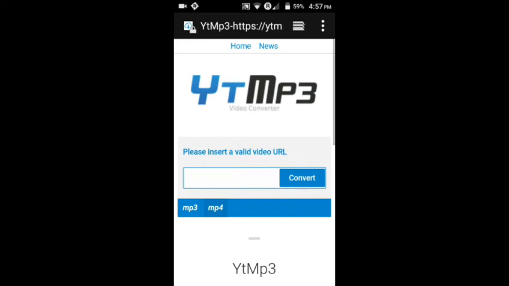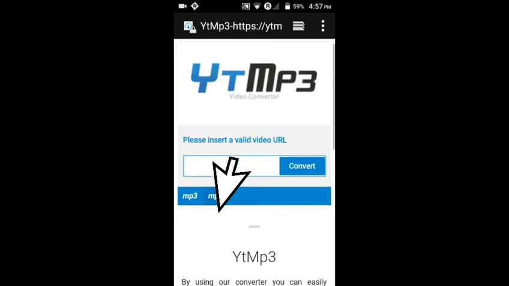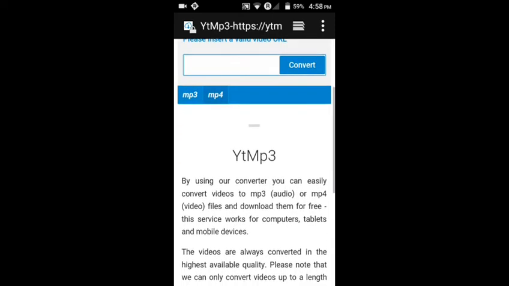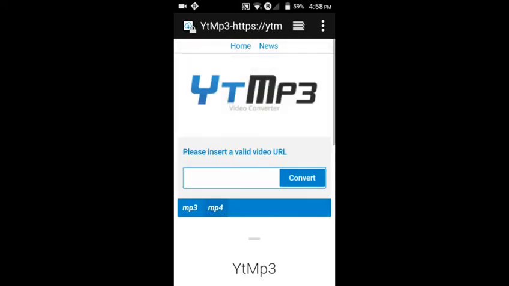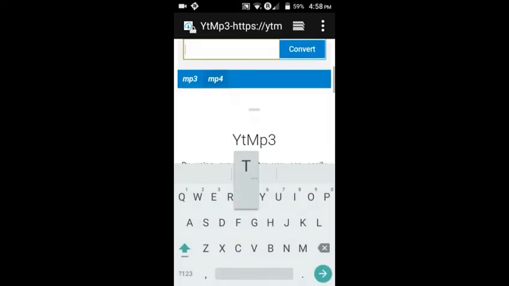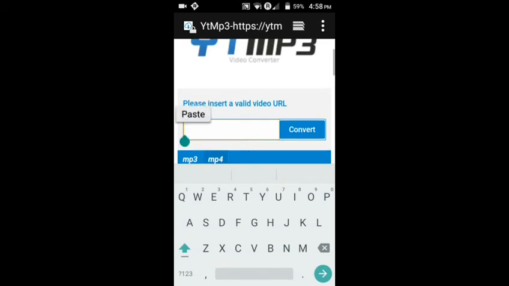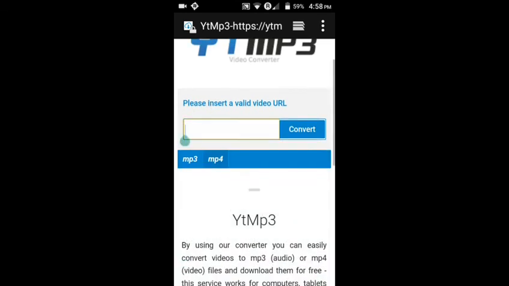But first things first, you need to press MP4, not MP3, because that would make it total music. Okay, this is going to be a double tutorial. So the MP3 means music, and the MP4 means video. For example, here. Now let's hold it, paste, hold it, paste, convert.